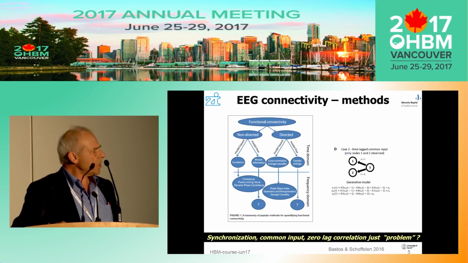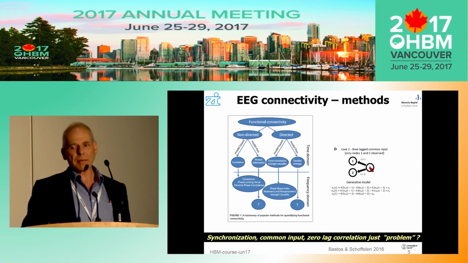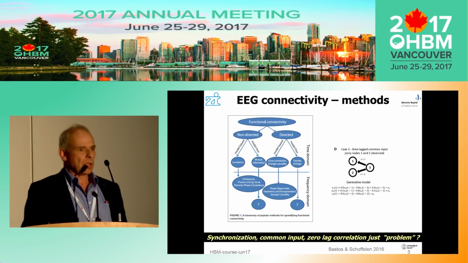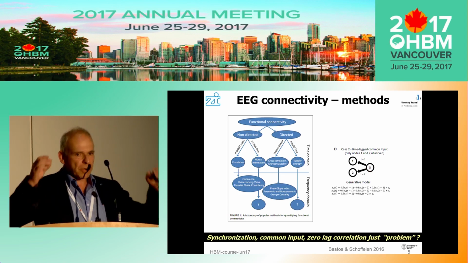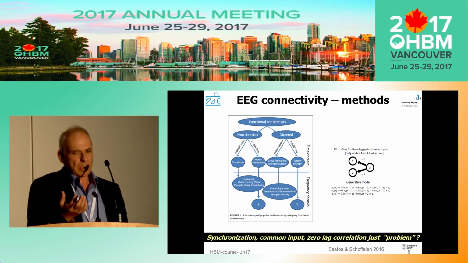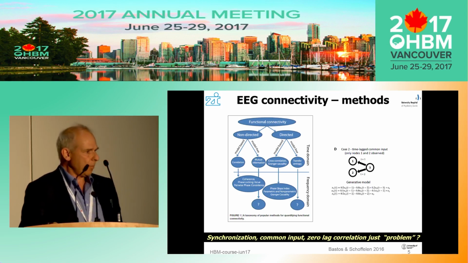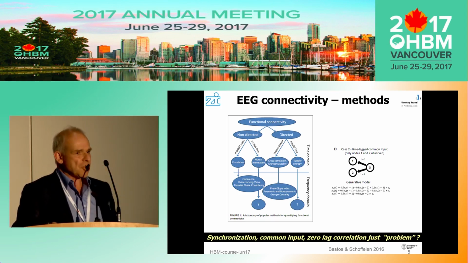Now, I think the important thing is to consider that this is a very typical situation in ERP research, because you very often have situations where you, for example, observe activity in the two hemispheres with a common input, with a region controlling or modulating both activity patterns, and this is not observable, or less well observable, than cortical superficial activity. And this is just a reality of what we're observing.